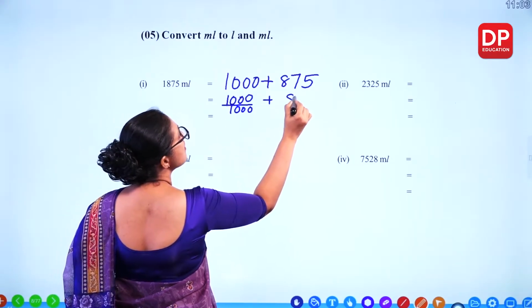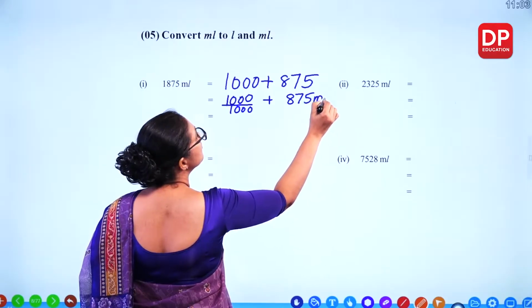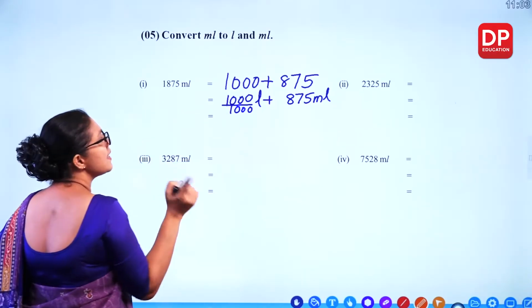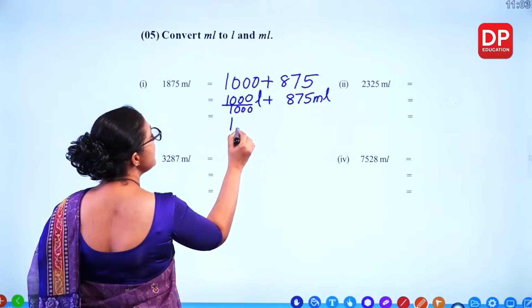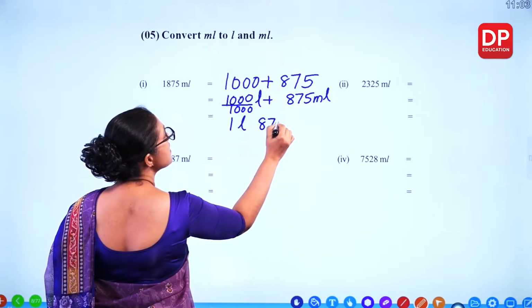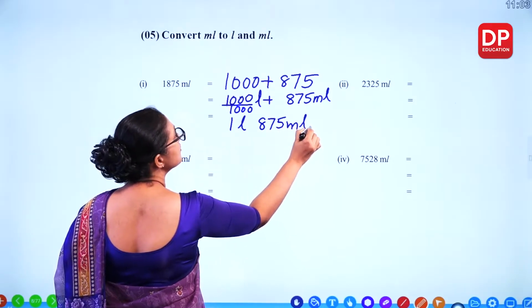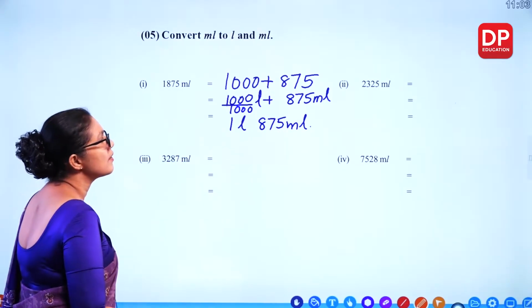And this is just milliliters. This becomes liters and the other one milliliters. You get 1000 divided by 1000 is 1 liter and 875 milliliters. Take a look at the other one,